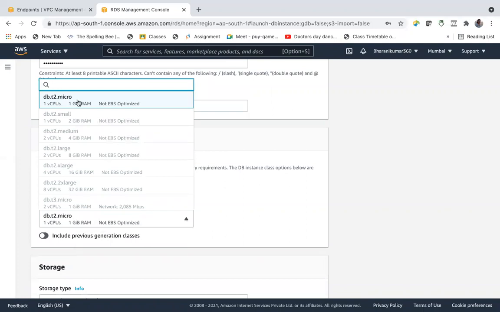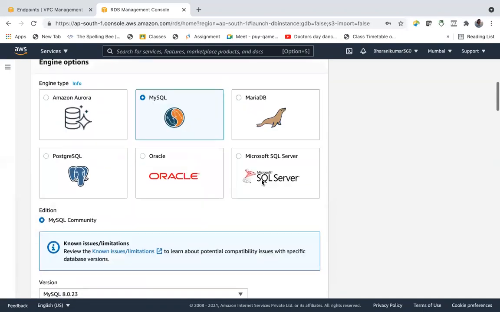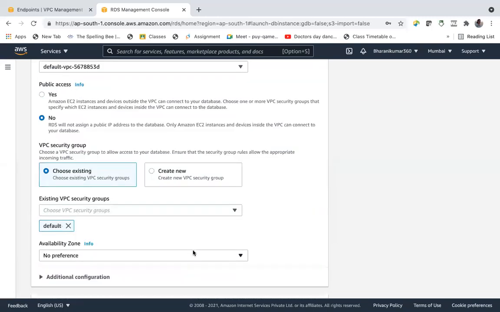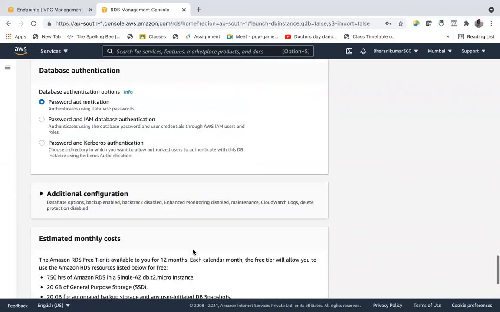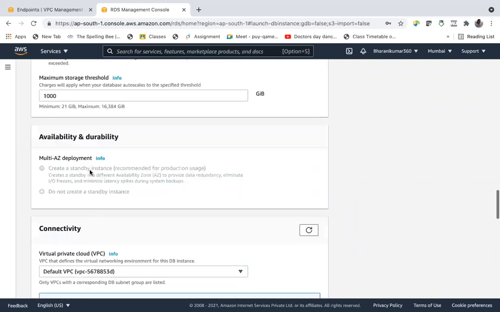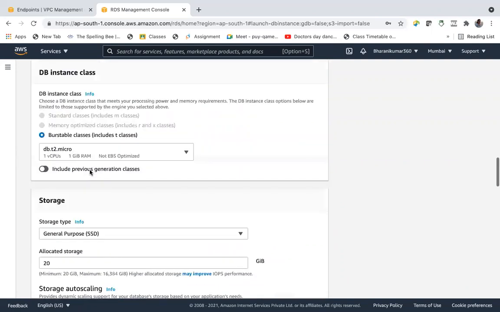If I don't want to go with T2.micro, since we have selected free tier, other options are disabled for us. Otherwise, you can go and choose your own instance type. Where is this instance type? Here.